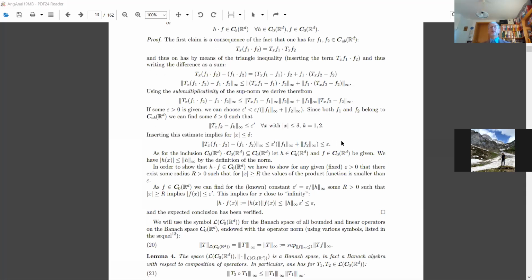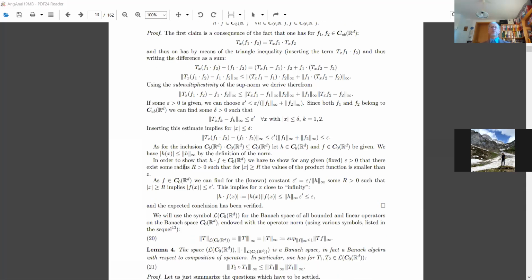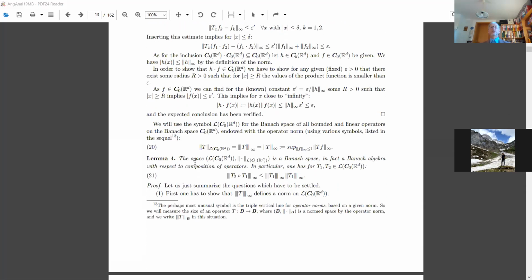Okay, so we have managed that if you would give me an epsilon and two uniformly continuous bounded functions, I know how to find a delta, I know it exists, I can demonstrate it to you, that also the product has the same property now with the original epsilon, and everything is fine. The other thing is, and now I think it's correctly described, and I'm going now to this part here,